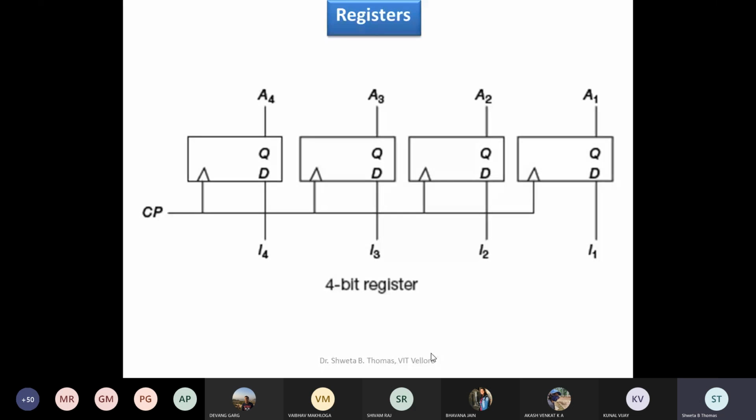We have done 4 tasks, and I think the 11th is the last date for uploading all the tasks. Am I right? Yes, ma'am. So 4 tasks till D flip-flop we have done, and only today's class is left. Since we have done this register, you have already implemented the D flip-flop. So if I ask you to implement a single D flip-flop, you can do it.